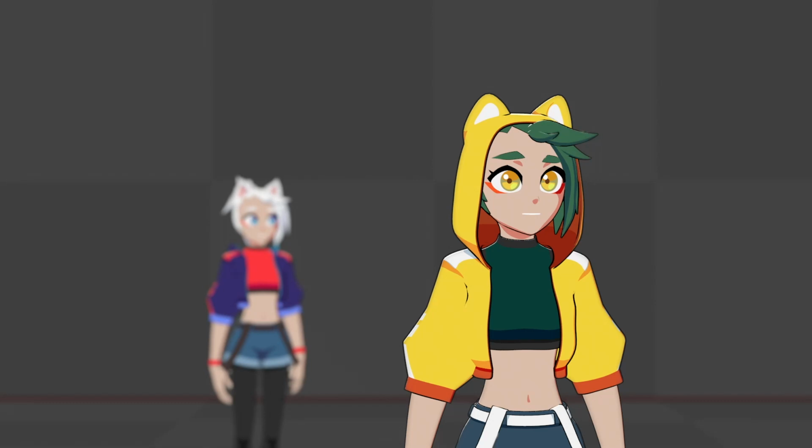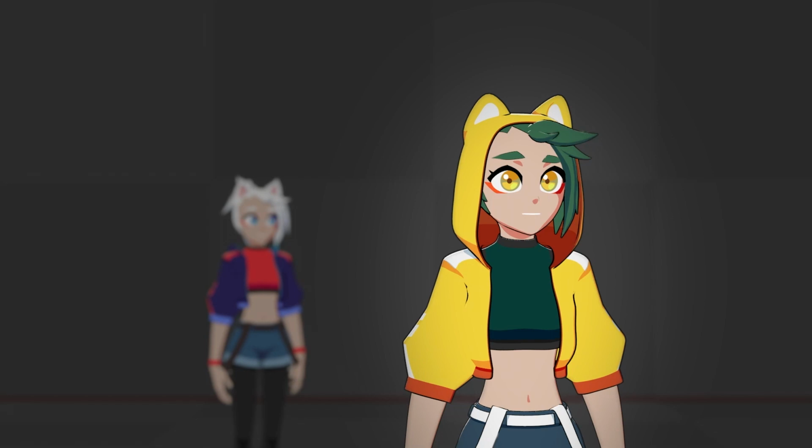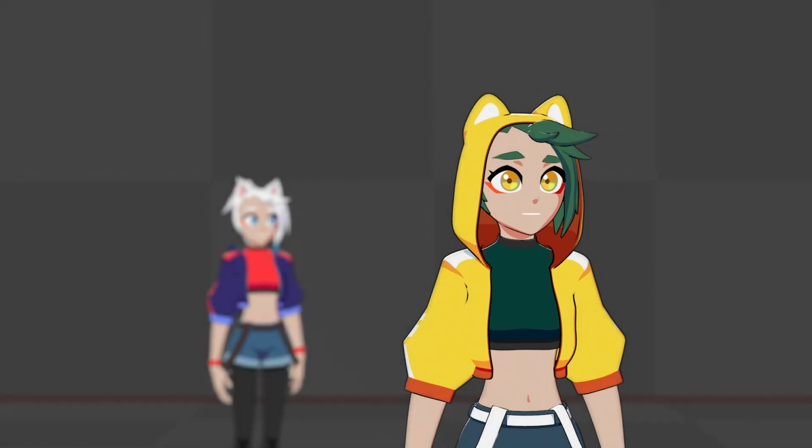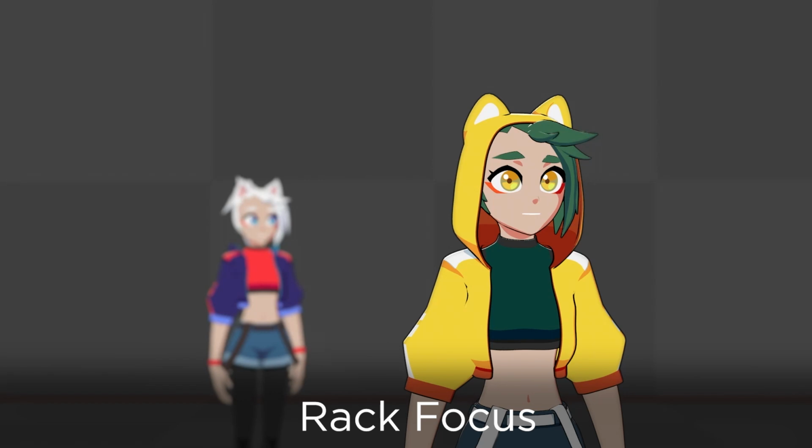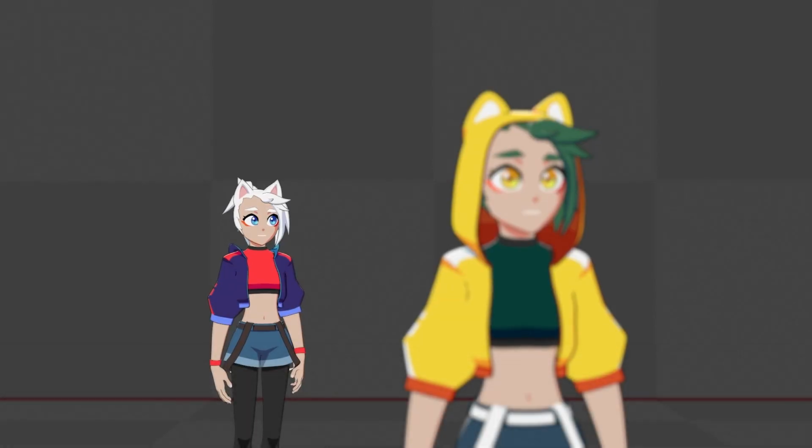Finally, let's talk a little bit about camera focus. Camera focus describes what parts of the shot are in and out of focus, or what's sharp and what's blurry. In most cases, the subject will be in focus and the background will be out of focus. This makes our subjects stand out more so that our eye is drawn to them. If we want to rack focus, this is where we change our focus in the middle of the shot to be from one subject to another subject.